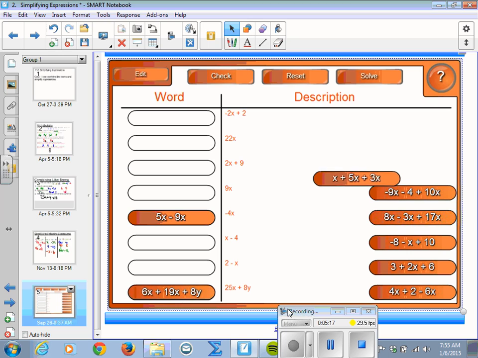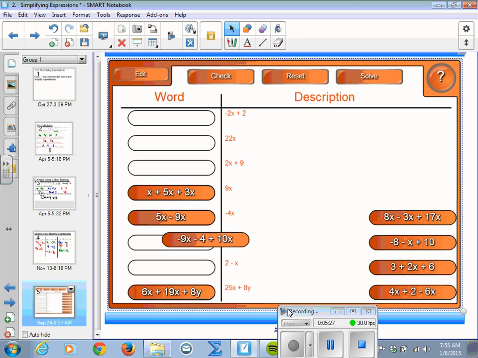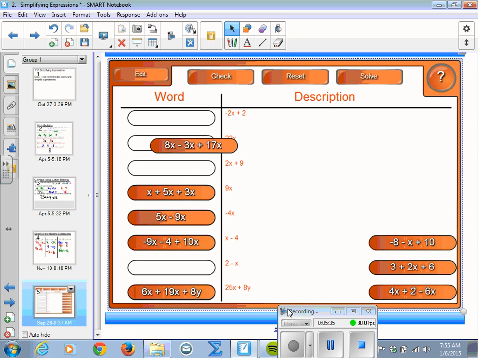It's right there. Negative 9x minus 4 plus 10x, combine the x's to get just x, and we have a minus 4 still hanging out there, x minus 4. 8x minus 3x is 5x plus 17x gives us 22x. We have negative 8 minus x plus 10. The negative 8 and 10 combine to make positive 2. So we have negative x plus 2,